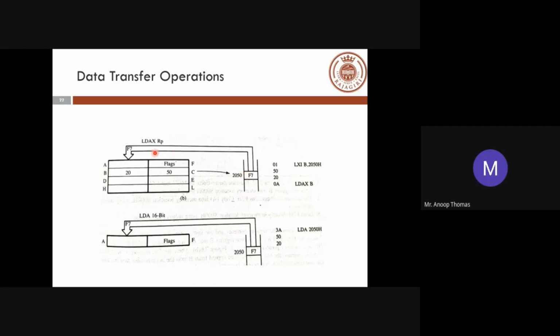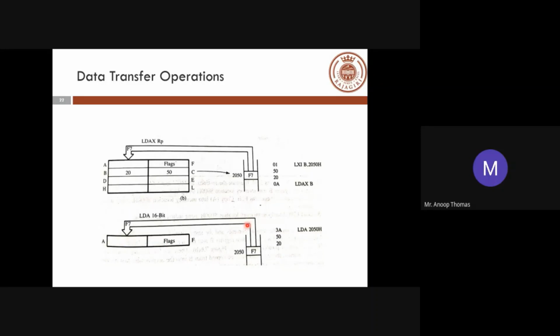Now, once this is done, if you do an LDAX B, this is load accumulator with a register pair B. So this is different. LXI is load register pair with immediate value. So the immediate value is the data that is given. That will be loaded into B. This is load accumulator, A stands for accumulator, with again a register pair being used. So loading is to be performed into your accumulator. So the accumulator will have the contents of B. B means B is your register pair. So the contents of the register pair 2050, that is your F7, is loaded into your accumulator. Is it clear?